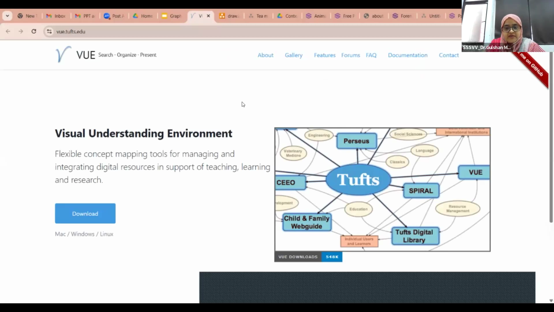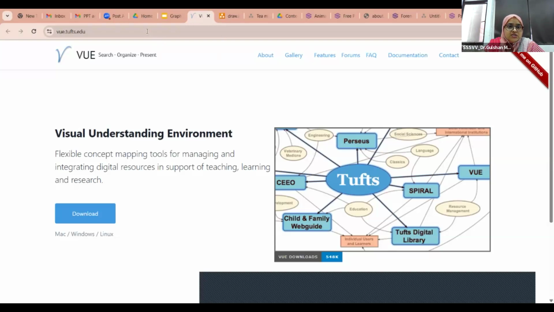There are many mind mapping tools which are having their mobile applications, like Mindomo has a mobile app, and FreeMind, I think it is also having mobile application, but Visual Understanding Environment does not have a mobile application. You have to explore it, you have to try it, you have to draw the mind maps with the help of VUE only on your desktop, on your laptop.